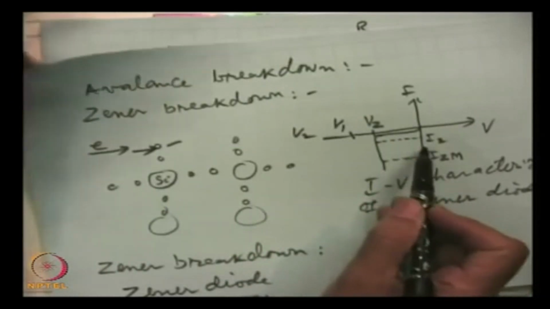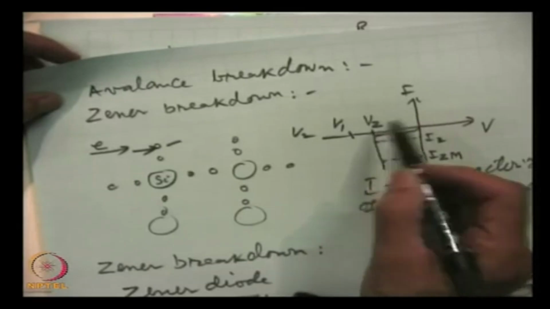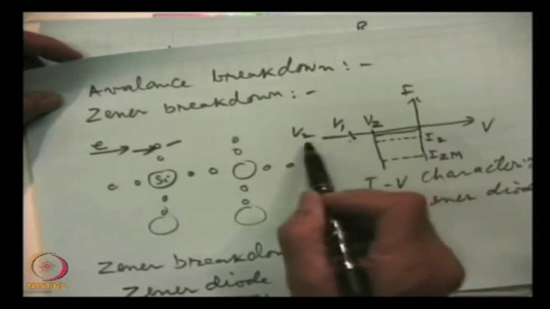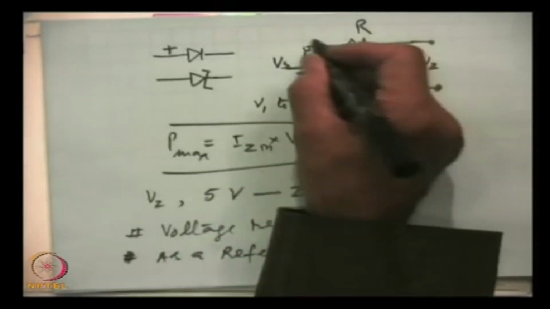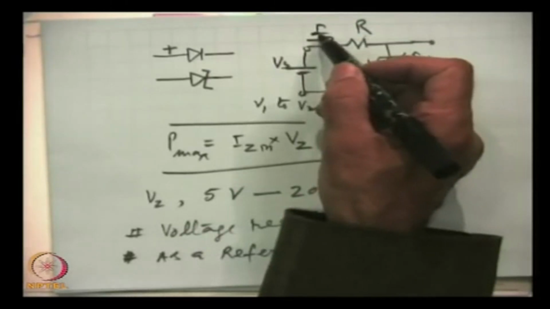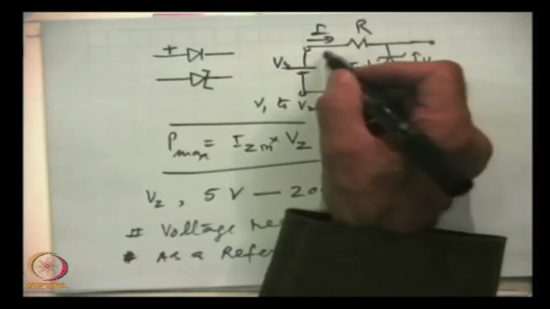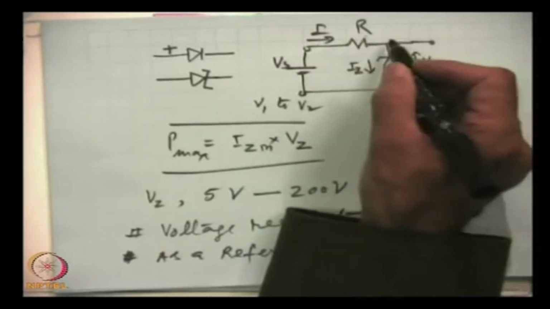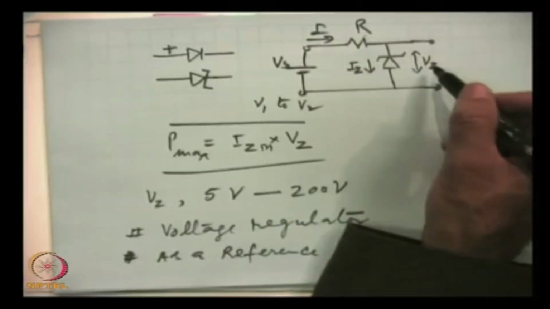Regulation becomes, as I explained, that if we change the voltage from V1 to V2, the current passing through the diode will change, but the voltage will always remain equal to the breakdown voltage, and the extra voltage, the potential, will appear across this resistance. Various values of current will flow, and the higher the current, the larger the voltage drop here, but across the diode the voltage drop remains fixed, equal to V Z. This was about the device